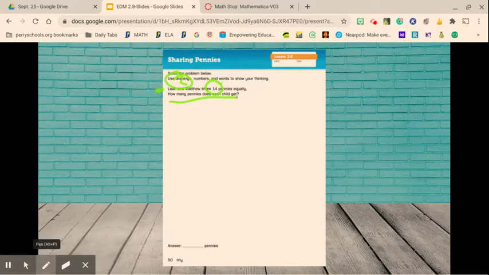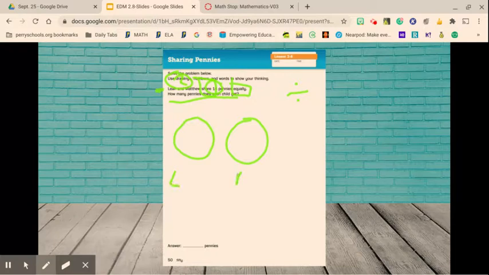When I look at it, I'm going to find my keywords, and I'm going to see the word share, and I see the word equally. Whenever I share something equally, I know that I'm going to be dividing it. Next, I'm going to evaluate it, think about how I want to solve it. Since I know that I'm going to be dividing it, I want to show Leah and Matthew, so I'm going to have 2 circles, one for Leah and one for Matthew,